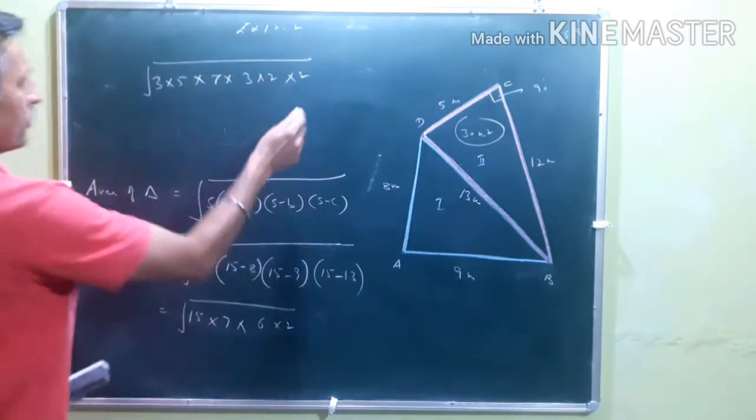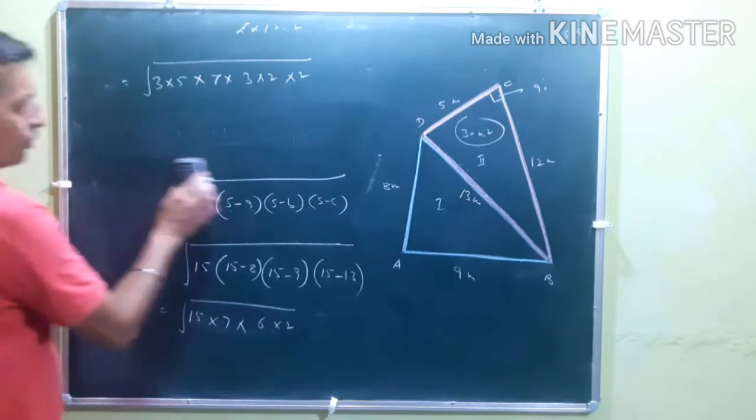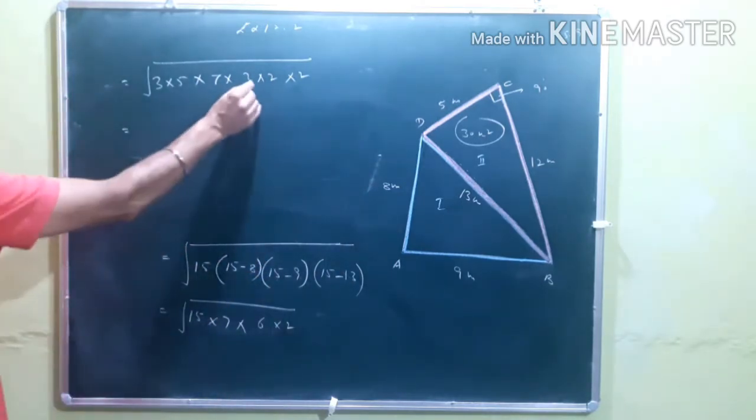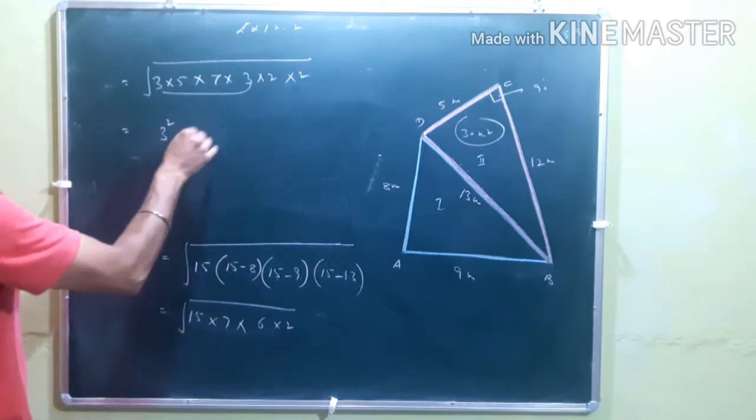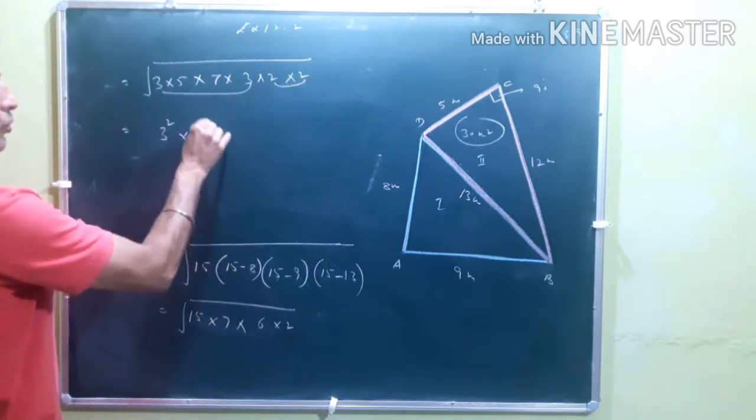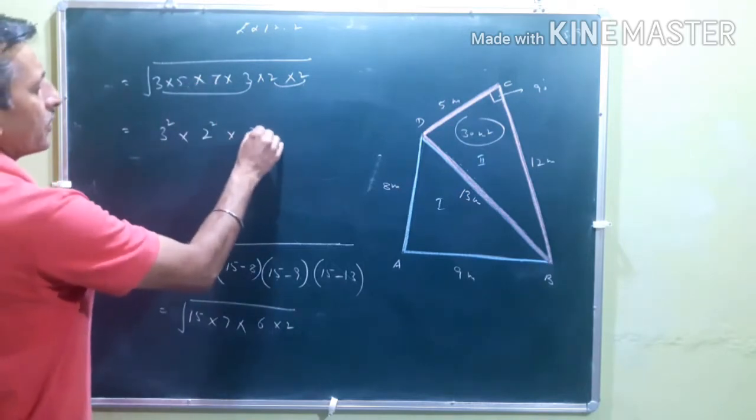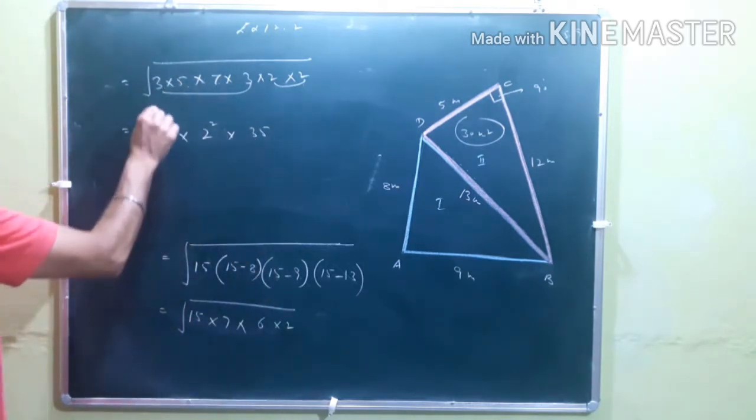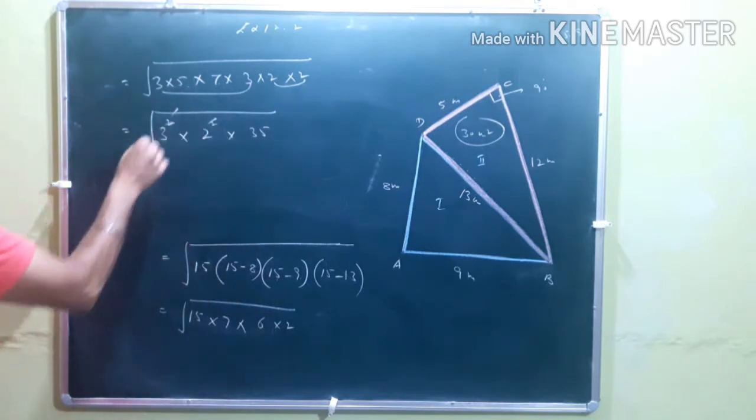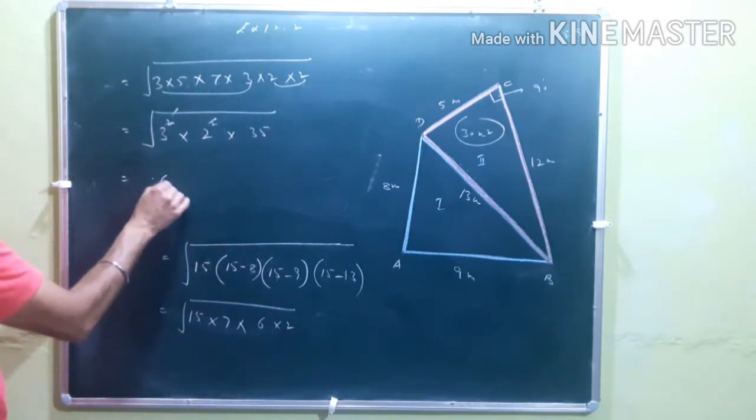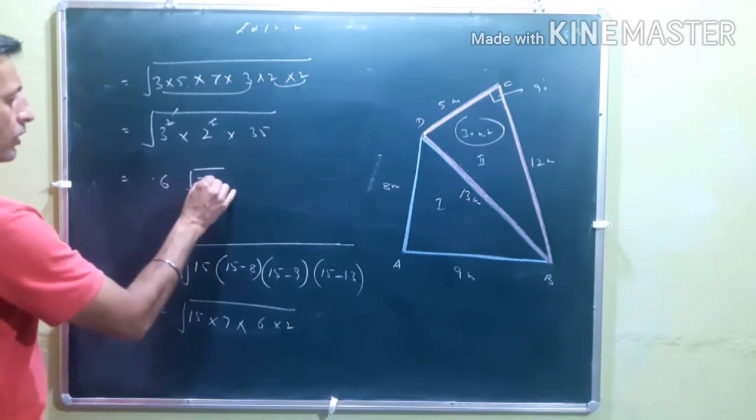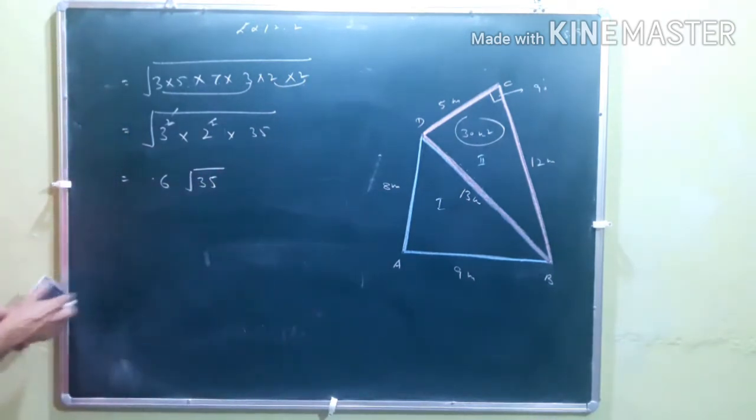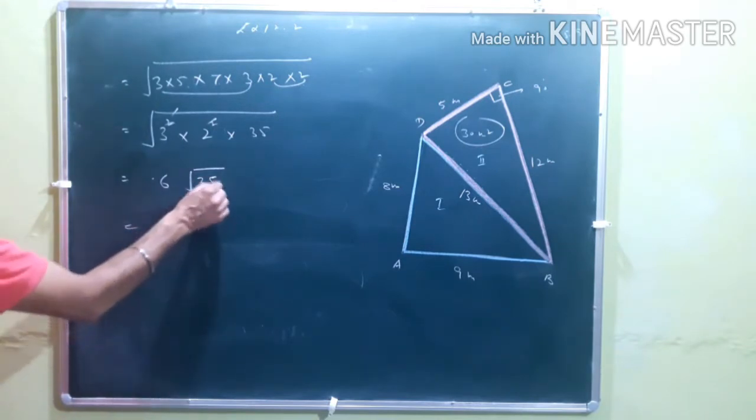Last day I told you that if you want to find the under root, try to factorize the terms, so that some terms become a square. In this case, it becomes 3 square. Similarly, 2 into 2 is 2 square, and the rest of the terms stay under the root: 7 fives are 35, whole under the root. Square and under root are gone, so it's equal to 3 into 2 into under root 35, which is 6 into under root 35. You know 6 square is 36, so under root 35 is